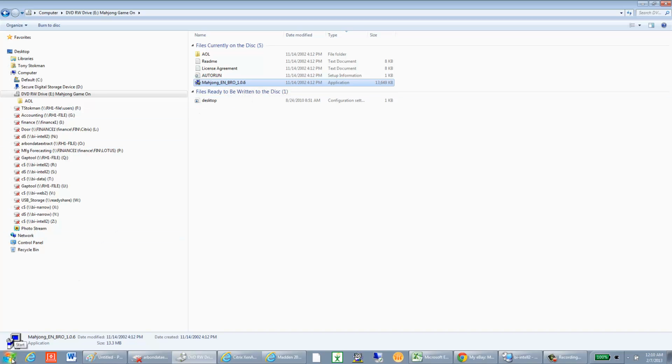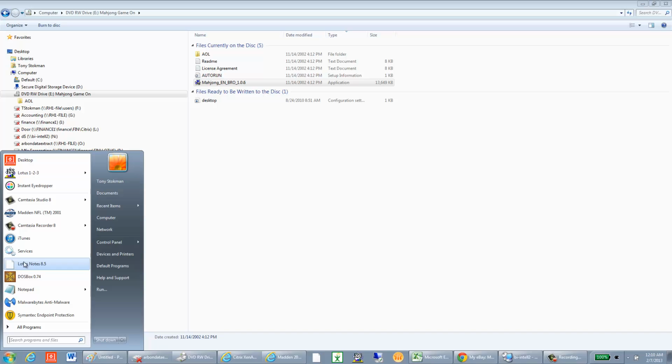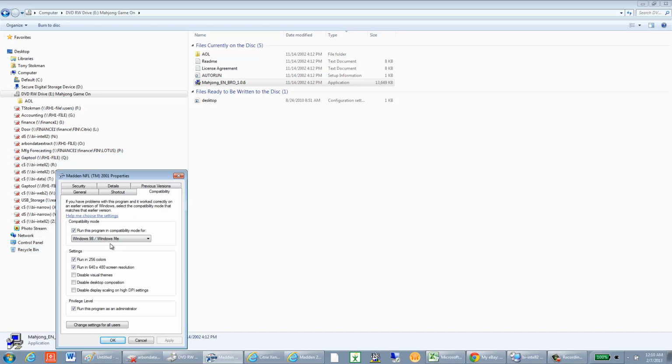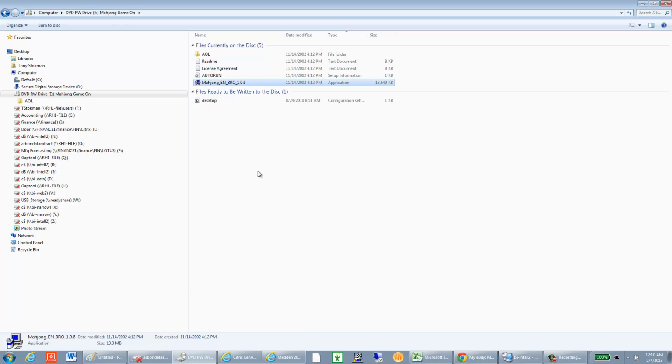Now, when you go to run the program, you'll actually, in this case for Mahjong, and I'm sorry, I didn't install that. I installed Madden earlier for somebody. But if you notice when I run that to play it, Properties, you'll see compatibility is still set to 98. Now in this case, I had to run it in 256 and 640. If that doesn't work, uninstall,